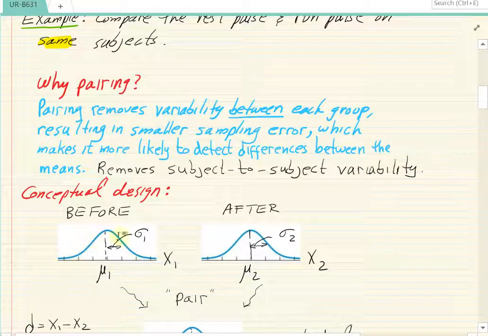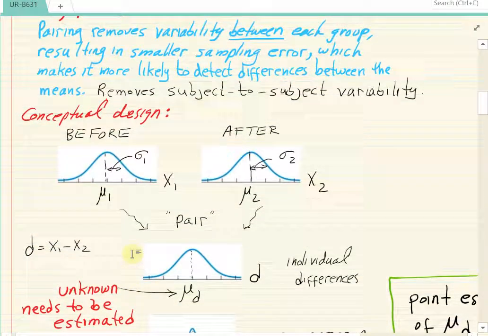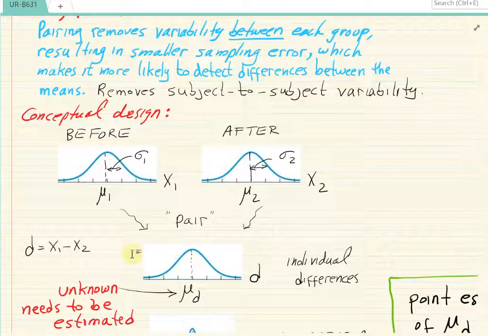These are all the weights of individuals before they go on a diet. These would be all the weights of those individuals after they go on a diet. Could be millions and millions of them. So this first population is going to have its own mean, its own deviation. The second population will have its own mean, its own deviation. And then what we're going to do is pair them together, correct? So how are we going to compare the average between two groups? How do we compare the two averages?